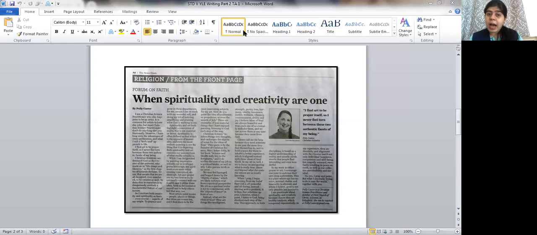Now when we talk about article writing, students, it is at times very important for us to spread a message on a very large scale to the people or to the world around. So that is why we make use of article writing. Newspapers are circulated to a large number of people at one time, right? These articles sometimes may be on serious topics, and sometimes on general topics also, like general topics in the sense of